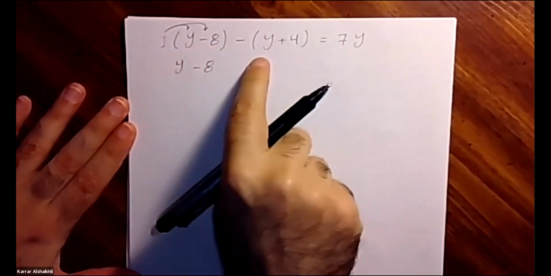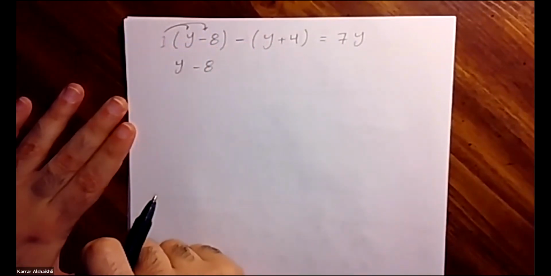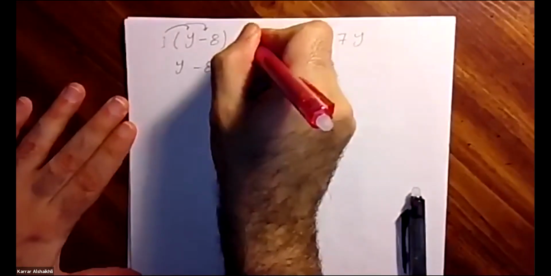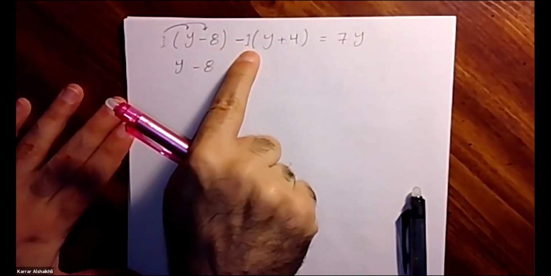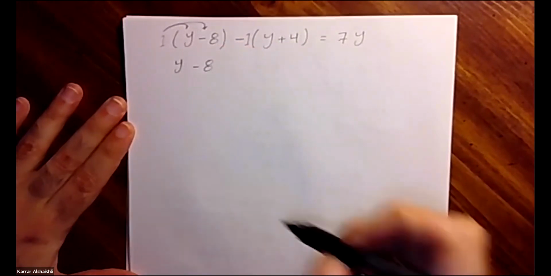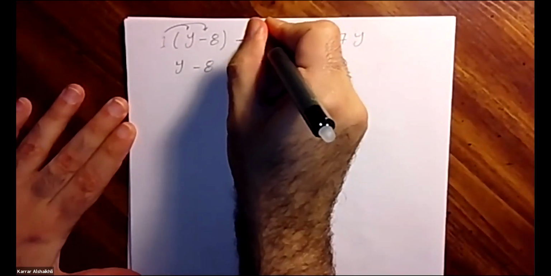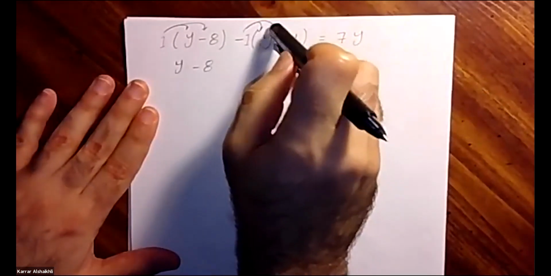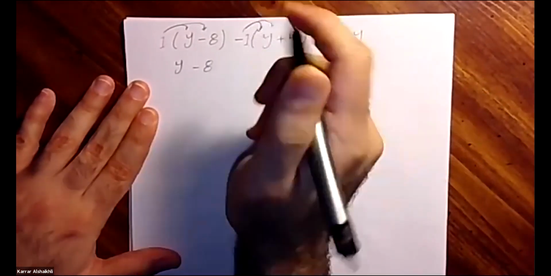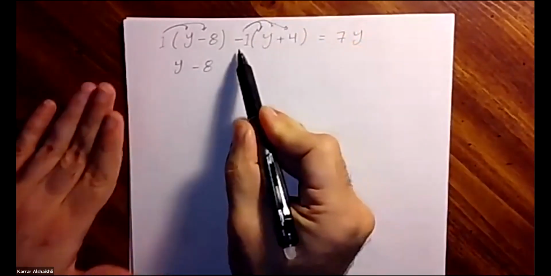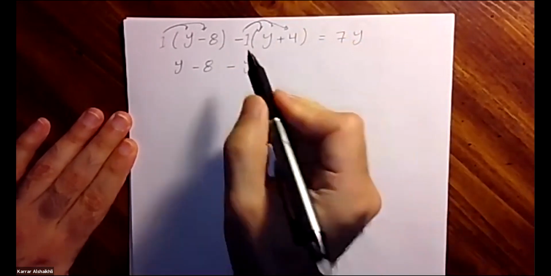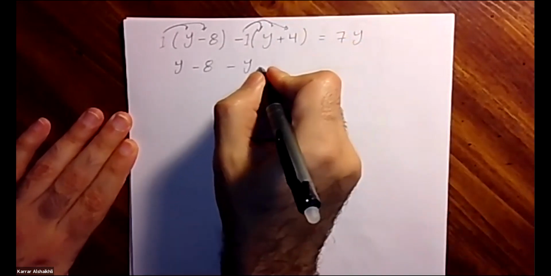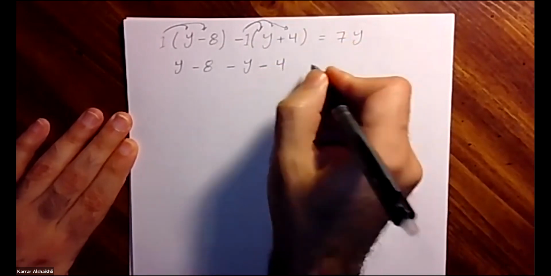What about this one? What's the number here? -1. Perfect. So you're going to write down 1 here, but don't forget there is a sign here. So it's -1. So now I'm going to distribute -1. -1 times y is going to be -y. -1 times 4 is going to be -4. Equal